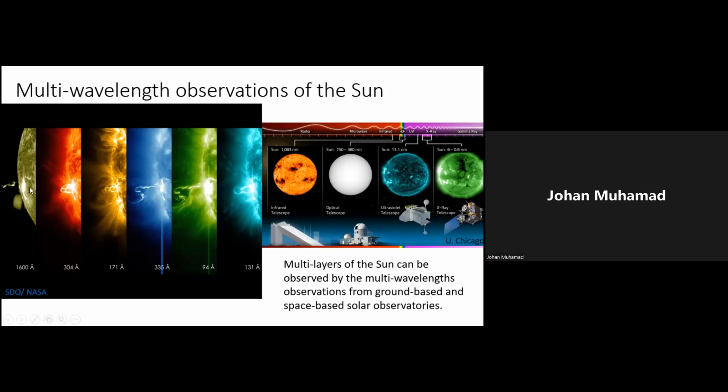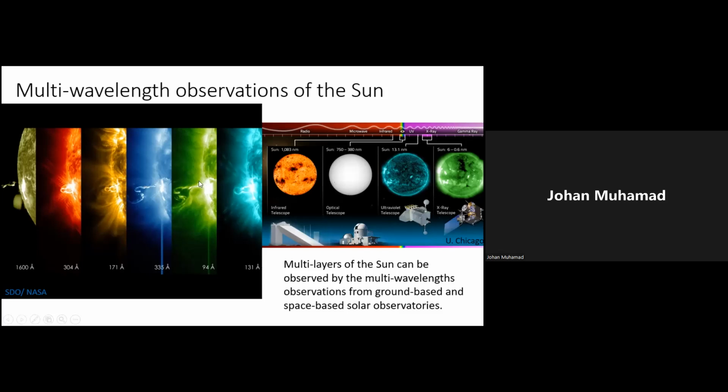Here in 1600 angstrom, which is close to H alpha wavelength, we can see the chromosphere of the sun, and 304 angstrom, 171, 335, 94 angstrom, and 131 angstroms. We see different features of the same event,